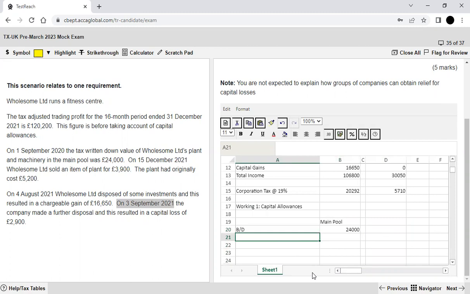Is there any addition or disposal? So there is only one disposal in the capital allowance universe, which we can see on 15 December 21. That would be recorded in next year. So on this amount, I'm directly going to apply